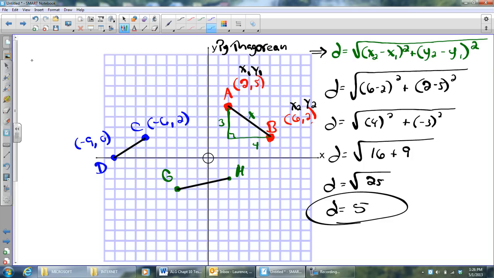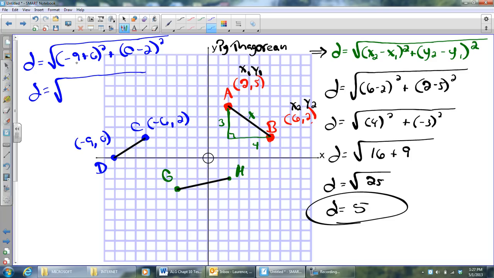And so I'm going to subtract my x's. So we have negative 9 plus 6, because it was negative 9 minus negative 6, right? And the difference of the y's will be 0 minus 2. I have a little mistake there, sorry. 0 minus 2, and I'm going to square it. Okay, so the distance is going to equal the square root of, and that looks like it's going to be